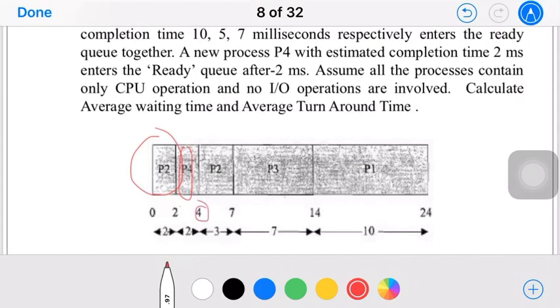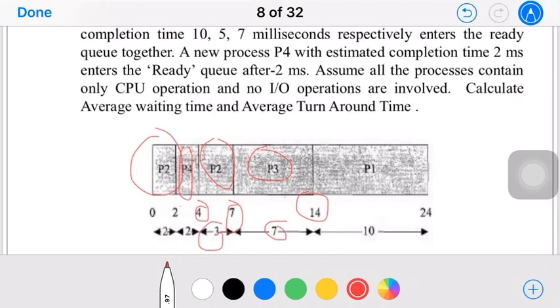After that, again, who is having lesser time? P2 only. How much time is left? 3 milliseconds for execution. So the next task will be P2 and it will take 3 more milliseconds. So 4 plus 3 is totally 7. Once at 7 milliseconds, P2 and P4 both are over. Now who is left? P1 and P3. Who is taking lesser time in those two? P3, which is 7 milliseconds. So 7 plus 7 is 14 milliseconds.